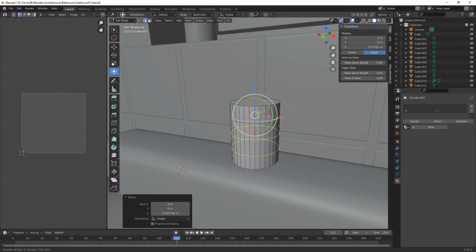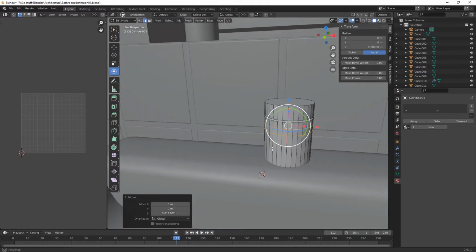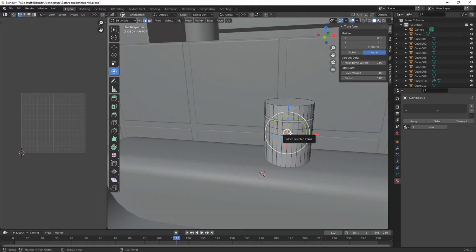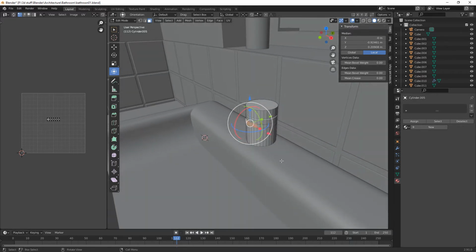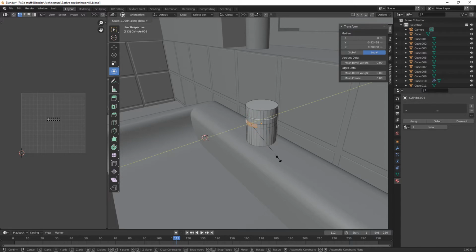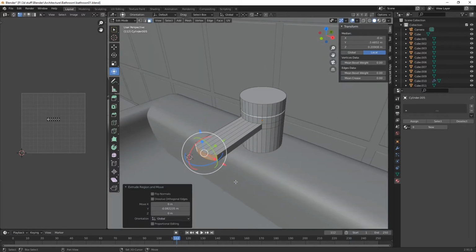Control R, and then just bring this one up. This is obviously going to be, so hit number 3, 2, 3, 1, 2, 3. Let's just get that center, and then scale that on the Y. Oh, no, we don't. We want to extrude it on the Y. Okay, and then again,